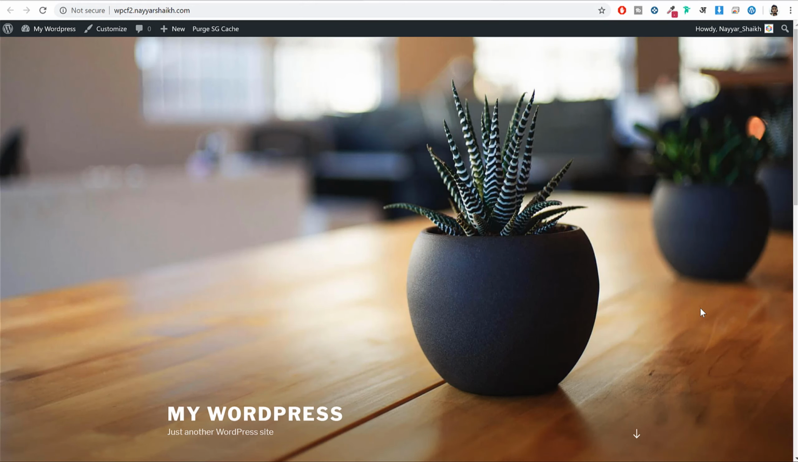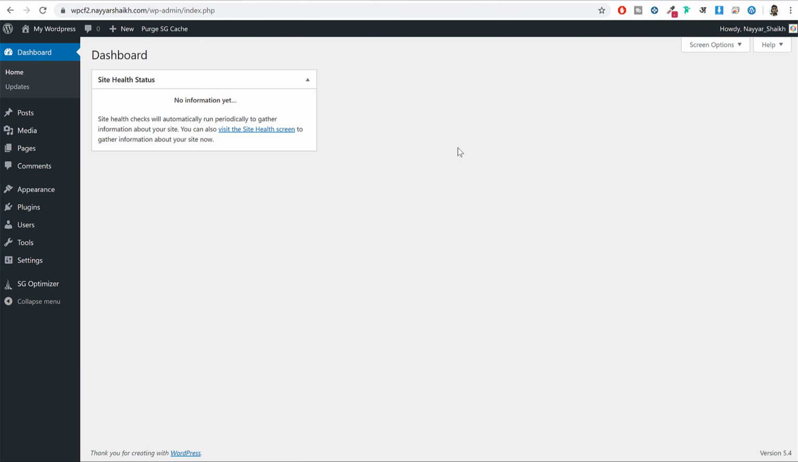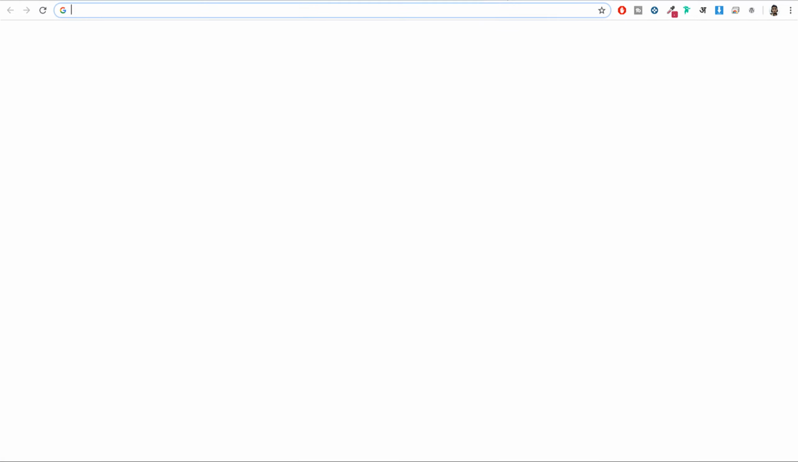Okay, so it looks really bad, and to change the appearance of this website, we have to install a new theme, and to add those crowdfunding functionalities, we have to install a few new plugins. So to do that, you can simply open a new tab and type in